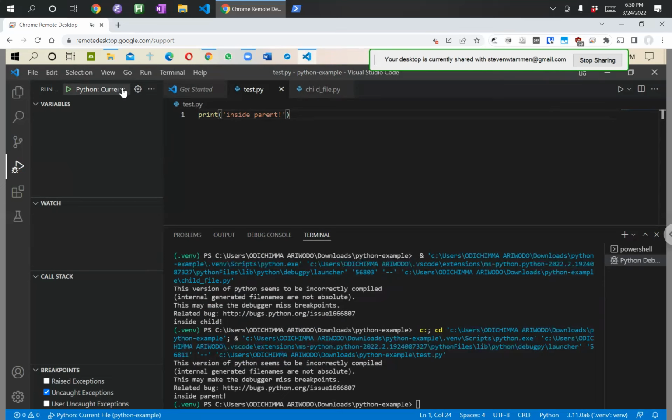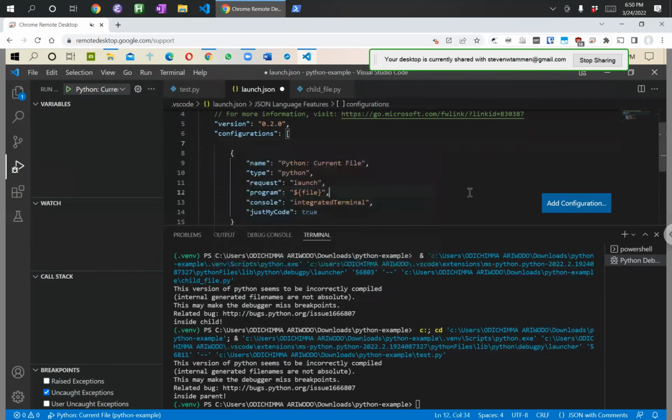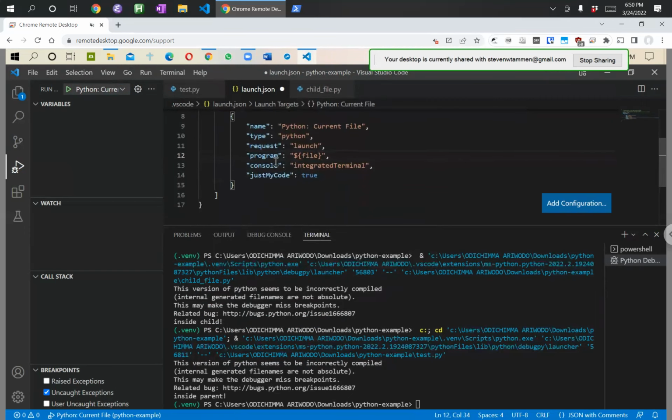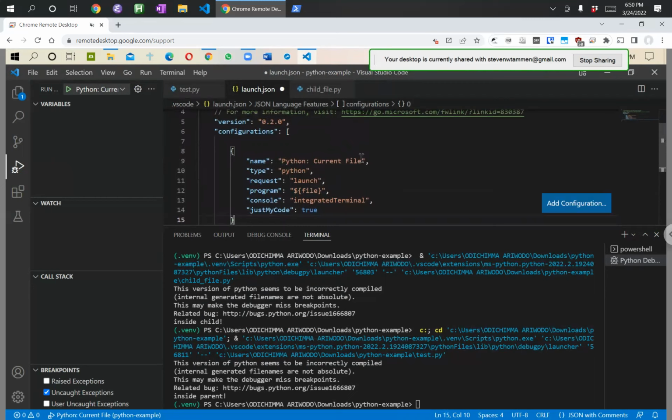So if we want to add the configuration, this is going to open up the launch.json file here, and this is what it looks like. The file here, rather than being an actual path right now, is just taking in the current file. So let's change this to say "run the test application". That's what we'll call this. And then rather than passing in the current file,